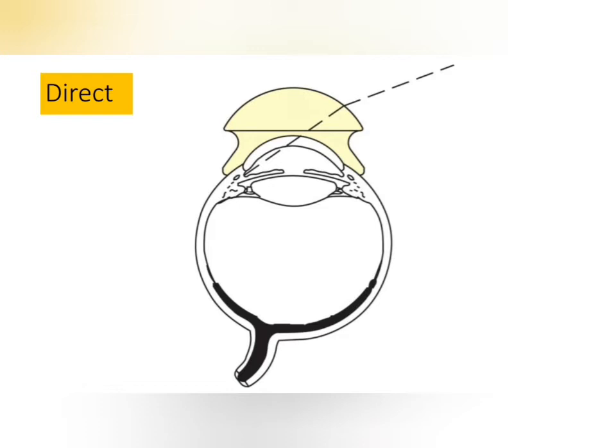So the incident ray travels through the gonio lens undeviated, because when the ray is reflected back, it reaches the lens at an angle less than the critical angle, so it directly travels through the Koeppe lens to the outside. Okay, as a result, you can directly visualize the angle properly. The disadvantage of this direct method is that you need to make the patient lie in a supine position, and it is not always possible to lie the patient supine. There are different types of direct gonio lens, like the Koeppe gonio lens or the Swan-Jacob gonio lens.